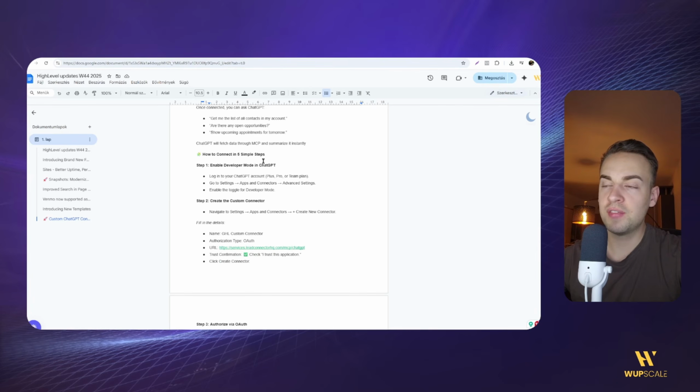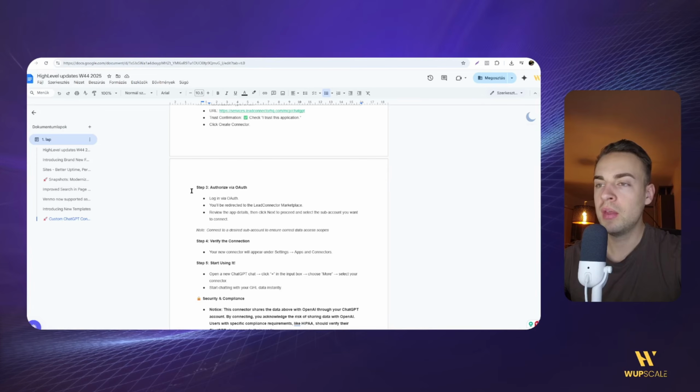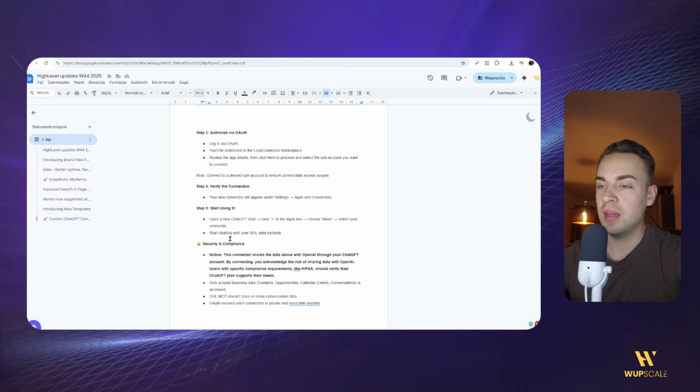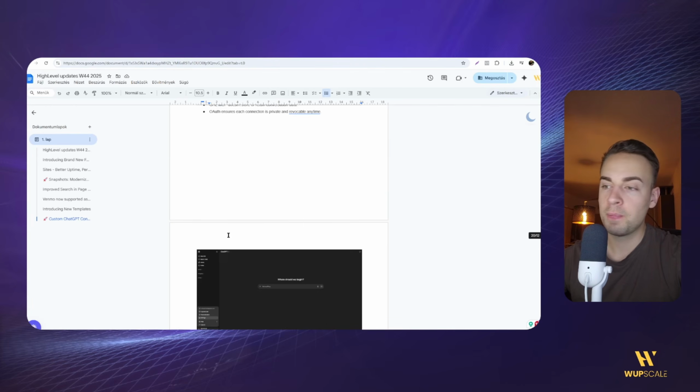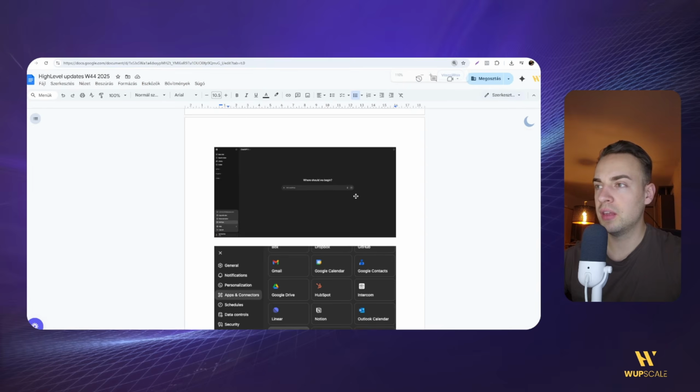And then here are 5 simple steps on how you can connect. So first you need to enable developer mode inside GPT, and then create the custom connector, fill in the details, so you can pause here and then just copy everything. Step 3 is going to be the authorization part. Step 4 is the verifying part, and then you can start using it. So here are a couple of images that I wanted to share, and then you can see how you can